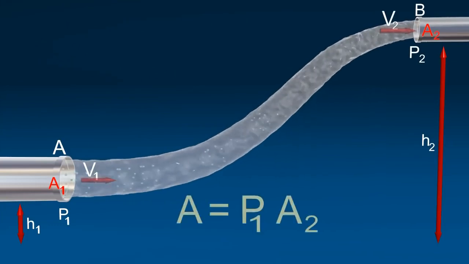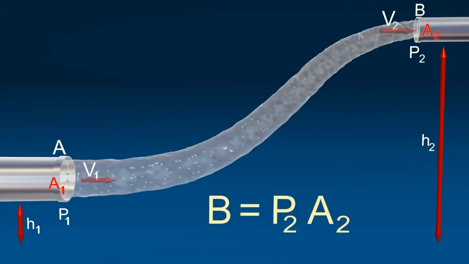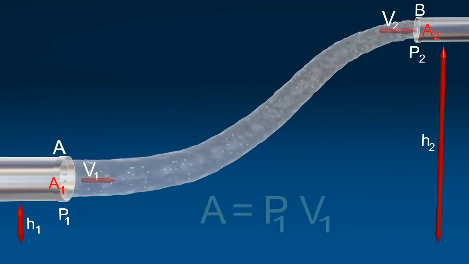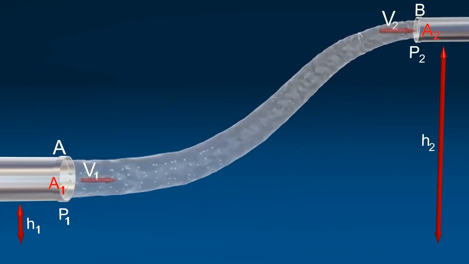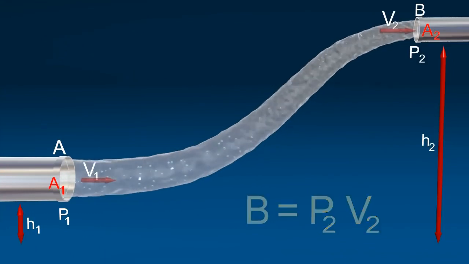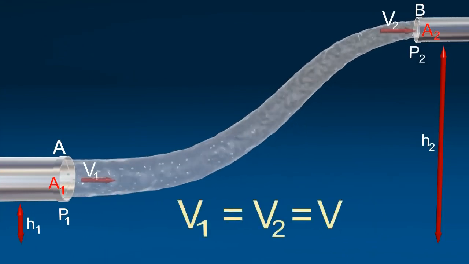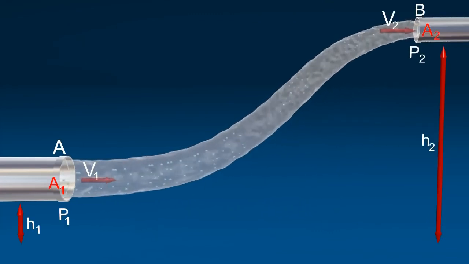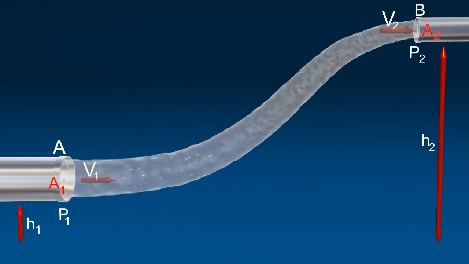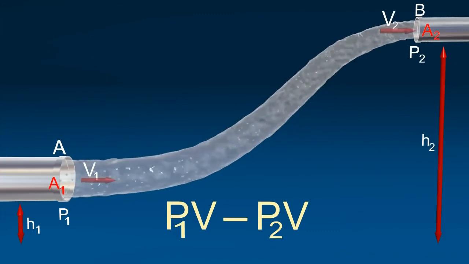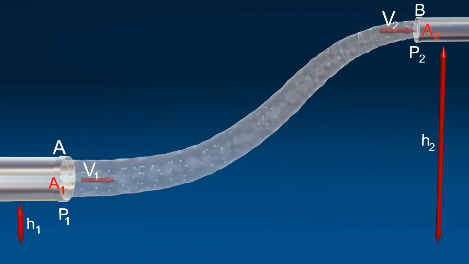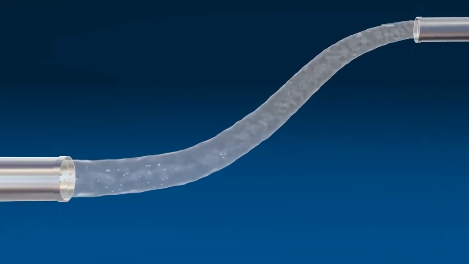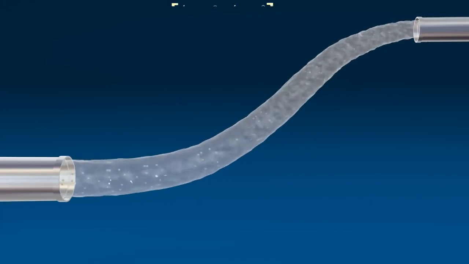The force on the liquid at A and at B. Now, the work done per second on the liquid at section A and at section B, V1 equals V2 equals V, by the equation of continuity. Net work done equals P1V minus P2V. The net work done per second equals the increase in potential energy and kinetic energy per second from A to B. According to the law of conservation of energy,